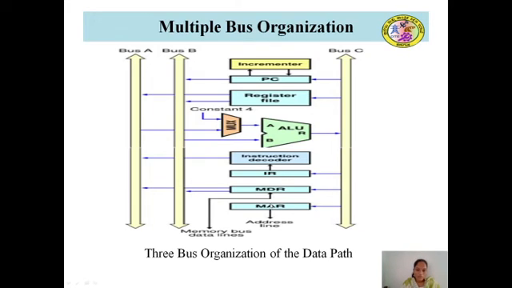Now MAR will send that address to the main memory. Along with that, it will also send a read signal. Until the completion of this task, we need to wait. So wait for the memory function to complete. Once it has been completed, the available data, that is the data which is stored in that particular address, will be stored in MDR.